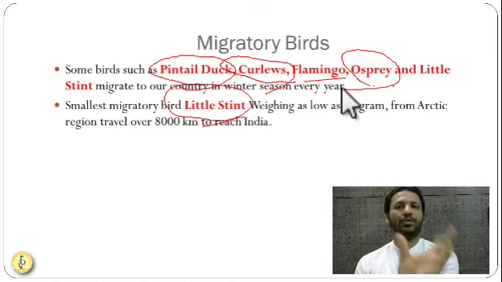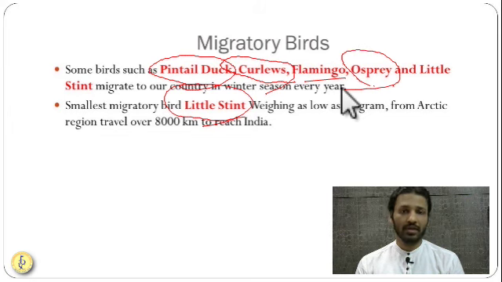They will give these options: pintail ducks, curlews, flamingos, ospreys, and little stint. Which of the following are the migratory birds? And out of them, which of the birds visit India? So all these birds visit India. Every year these birds are visiting India. So the information in this topic is very, very important and it can be asked.